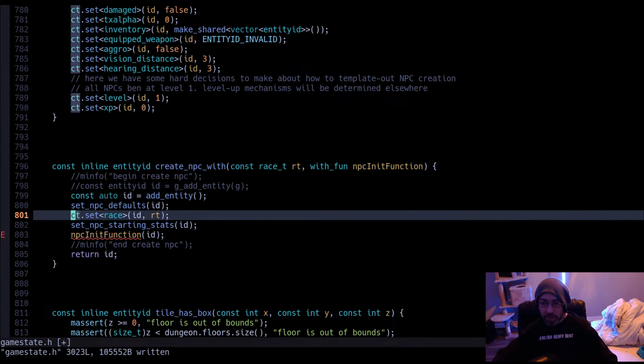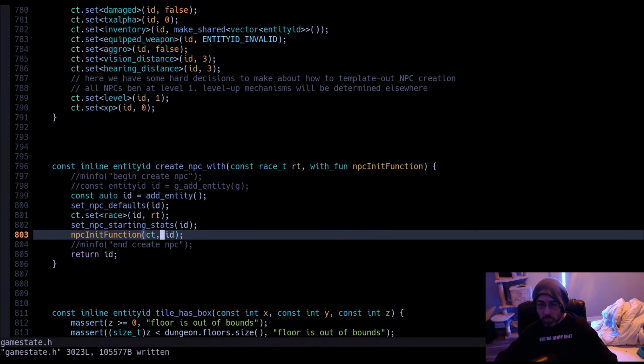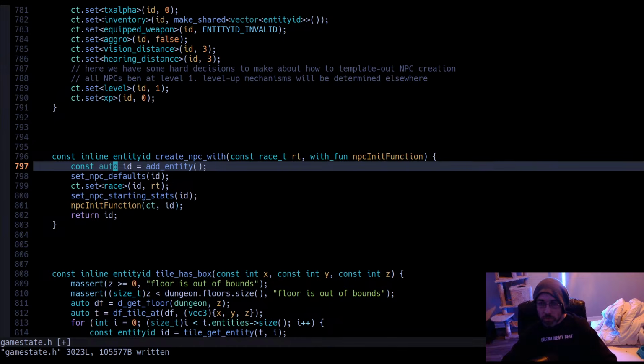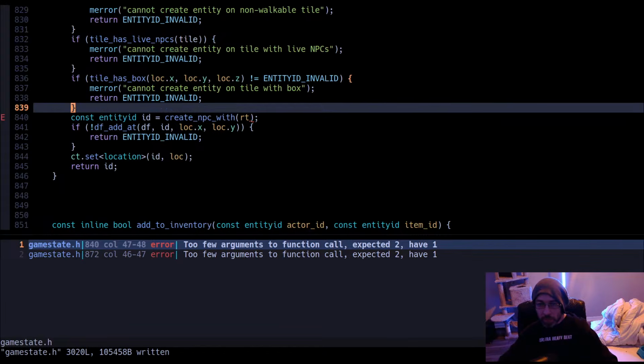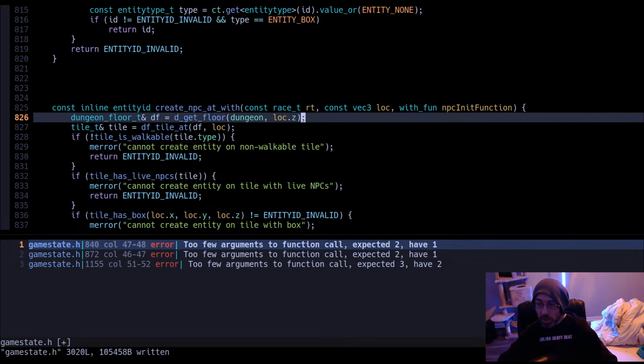Oh yeah, it takes a CT. Right. Okay. So this is create NPC with, and we should have an error. Yeah. So we have to add this fun NPC init function here, right?